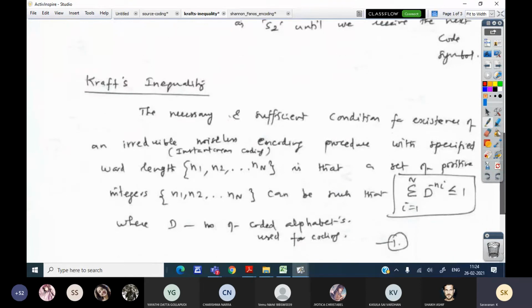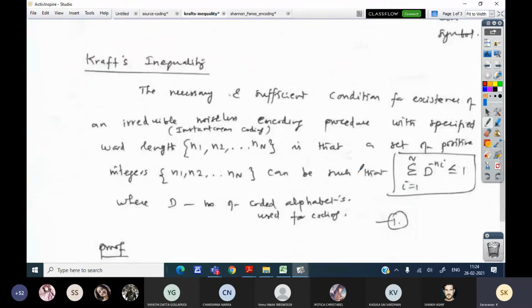The necessary and sufficient condition for any instantaneous code: we have to check one more condition. The necessary and sufficient conditions for existence of an irreducible encoding procedure with specified word lengths n1 to nn, a set of positive integers, is that the summation of D power minus ni should always be less than or equal to 1.